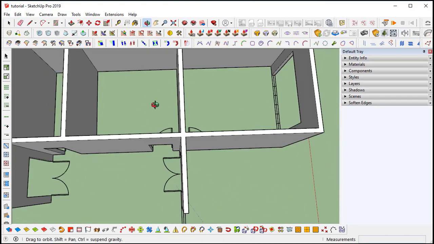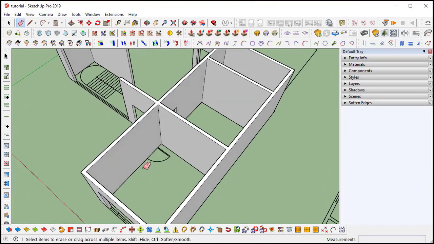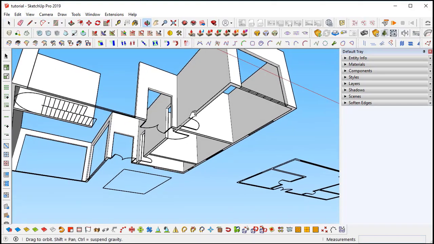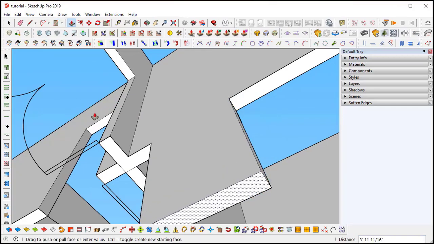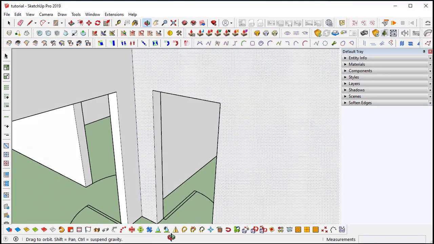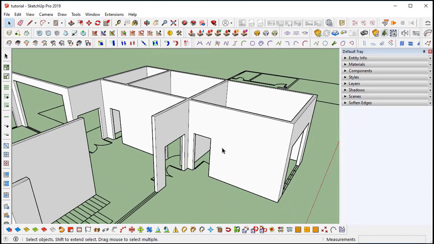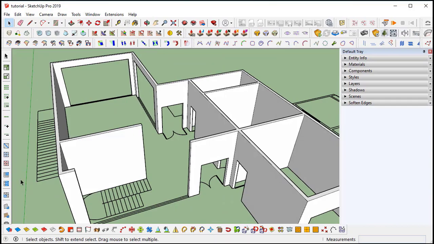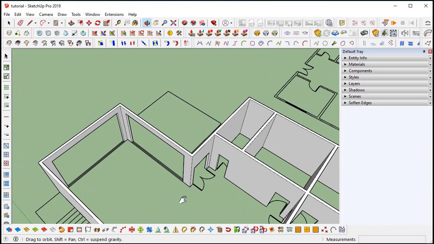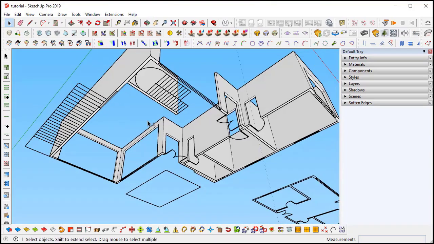Yeah, use Control Z to undo anything. Oh, we forgot this door. And here, this door line or rectangle, anything is fine. Yeah, that's good. Just trace the previous height and everything is fine, I guess. Now we have made all the doors and openings. Now we need to make windows.